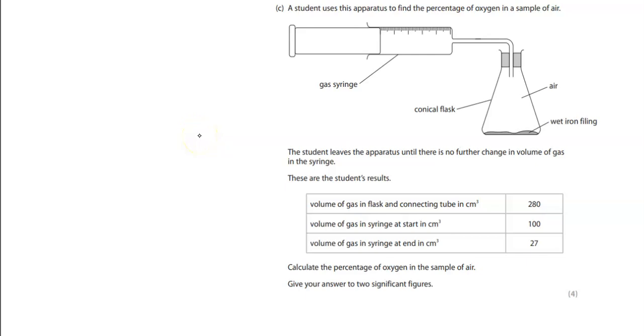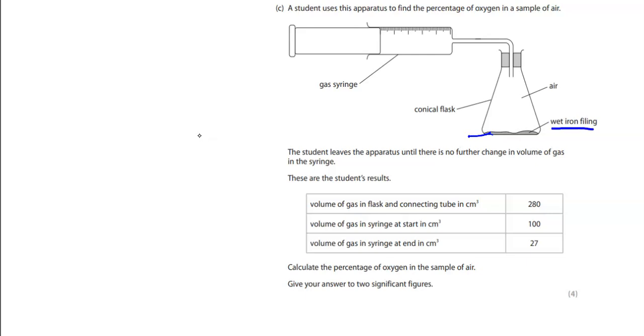Okay, this is the question from the past paper, and these are the same operators which we have already discussed in the classroom. And very quickly, I would like to share with you what is happening here, and then we will solve the question. First of all, we set up damp iron filings. These are damp iron filings, right?